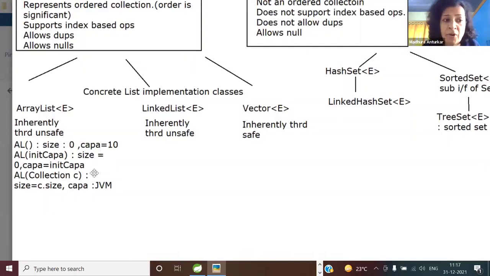Before ArrayList versus LinkedList, another small difference between ArrayList and Vector. In ArrayList, with the default constructor, you already told me the capacity increments by 1.5 times. In Vector, does anyone have any idea what the capacity increment is?